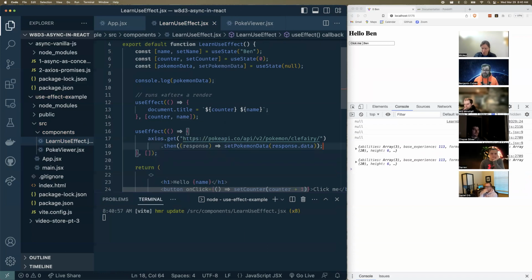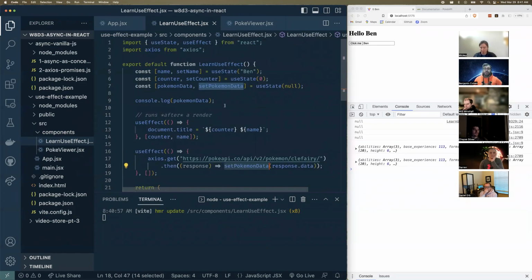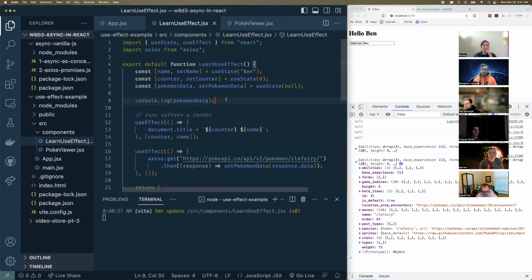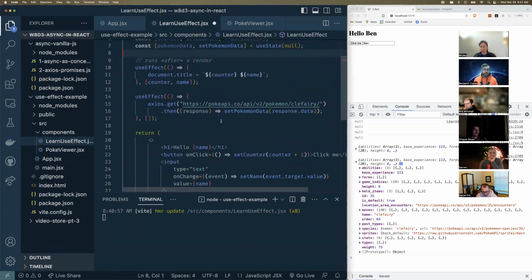And now what this looks like is initially it's null. Then the useEffect happens after the first render. It sends something out. And then when it comes back, it calls some set data thing based on useState. And then that forces the page to re-render. So then we see this console.log. And now we have the data. So let's say we wanted to do something with the data. We would generally do something like,